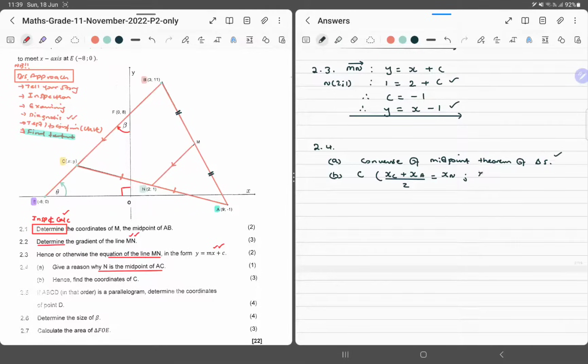And then y at C plus y at A over 2 should give us the y value at N, its midpoint. So this implies that x at C plus 9 over 2 is going to be equal to 2, and y at C minus 1 divided by 2